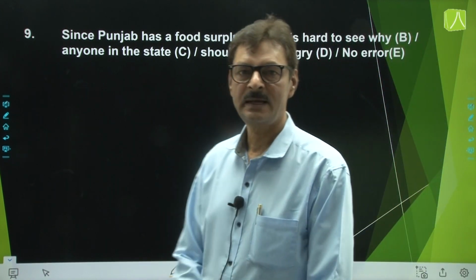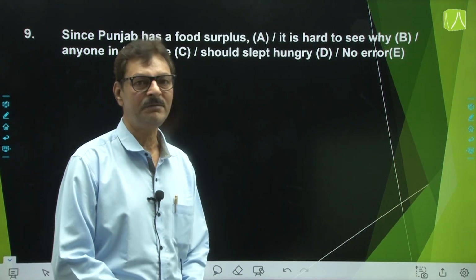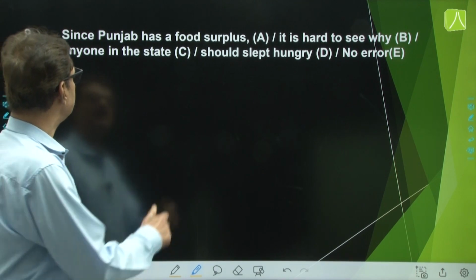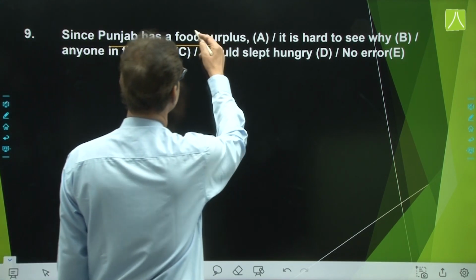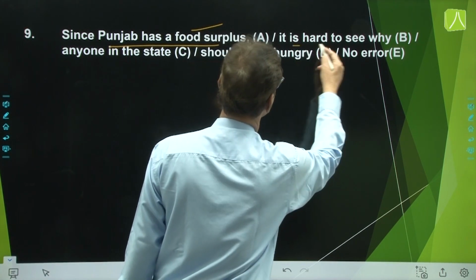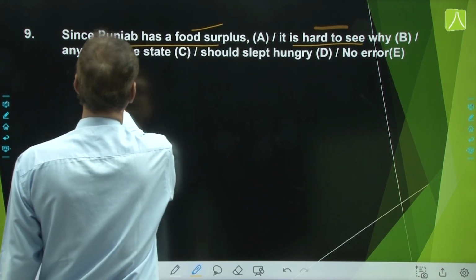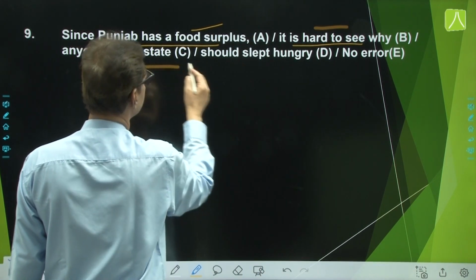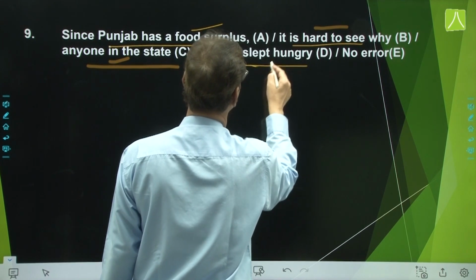Read the sentence. Any error you can find out in this, if any. Since Punjab has a food surplus, yes, सही है. It is hard to see, सही है. Anyone in the state, सही है. Should slept hungry. Now,